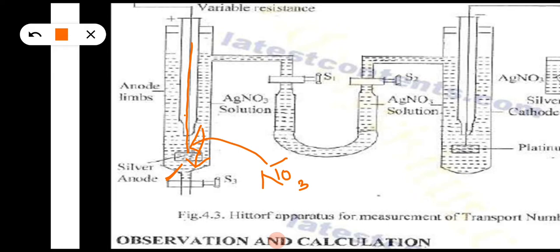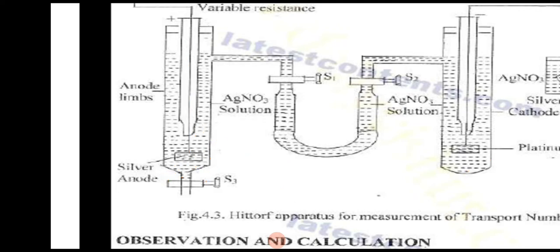But in the previous experiment, the Hittorf experiment, where the electrodes are not attacking, after electrolysis the concentration of the cathodic compartment as well as the anodic compartment was decreasing. But here, the concentration of the cathodic compartment will decrease, but the concentration of the anodic compartment will increase, because the NO3- ions or any anion will interact with the reactive silver electrode and bring the silver ions into the solution. Because of this, silver nitrate concentration in the solution will increase.